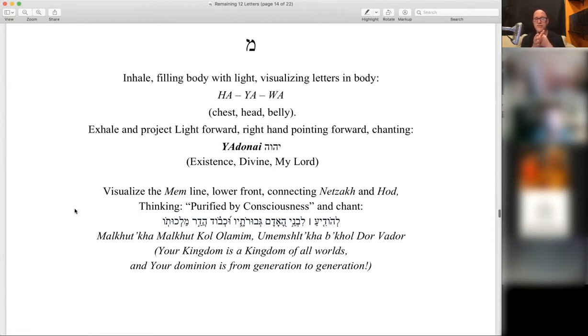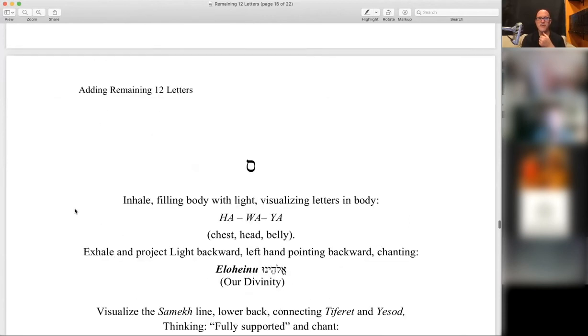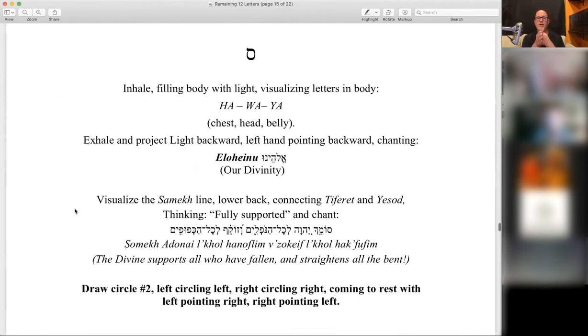Malachutecha Malchut, Kol Olamim, Umem Shaltecha Bechol Dor Vador. Breathing in Ha, Wa, Ya, projecting Eloheinu to the back. Eloheinu. Seeing the Samech line behind you, below, connecting to Tiferet and Yesod, feeling fully supported in the practice. Somech. Somech Adonai lechol hanoflim v'zokef lechol